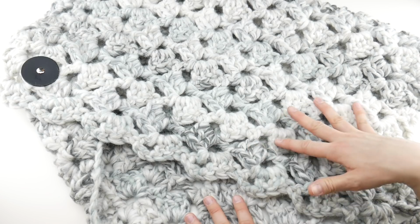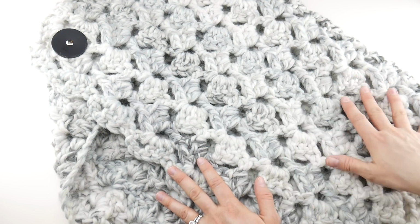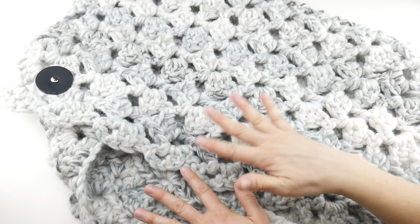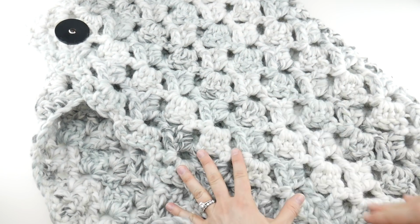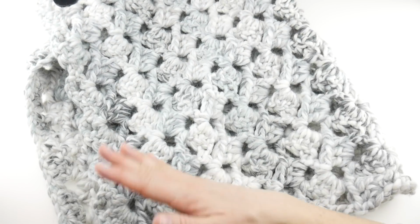So we're going to learn how to make the piece from start to finish. And I chose a nice neutral gray. It looks very wintry to me. This has a nice generous fit. It has a height of, so this is the top where your head will go, and it goes around, wraps around your body to the bottom, but it has a height of about 25 inches